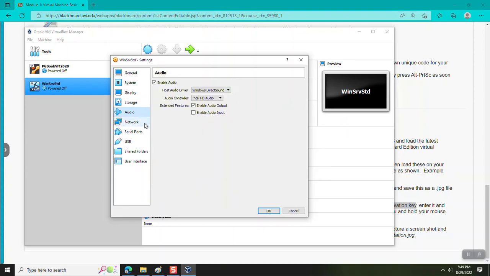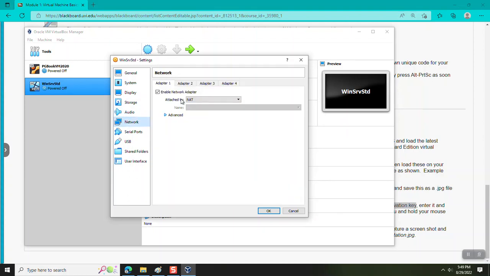For the audio, you don't need to change anything. If you see this, you want to change it to bridged. By changing your network adapter to bridged, it means your virtual machine will behave just like your laptop or your PC on your home network, and you'll be able to work with that. You want to accept whatever default network interface is listed here, but when it creates your virtual machine, it'll probably create a virtual wired interface instead of a wireless interface if you're running on a laptop. That's okay, it's not a problem. You can leave the rest of the settings